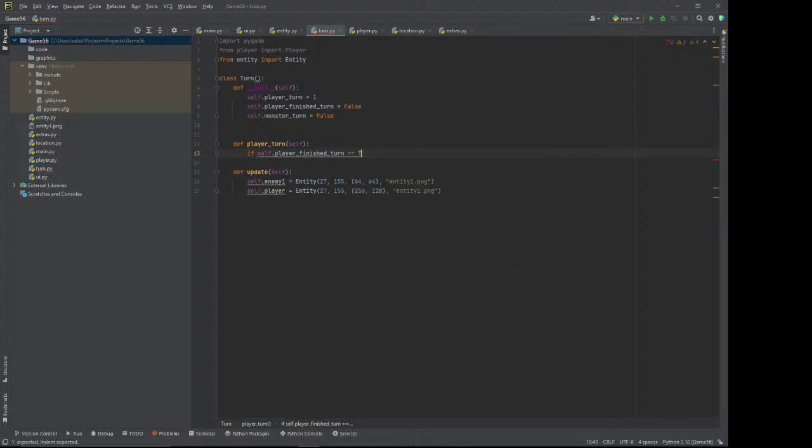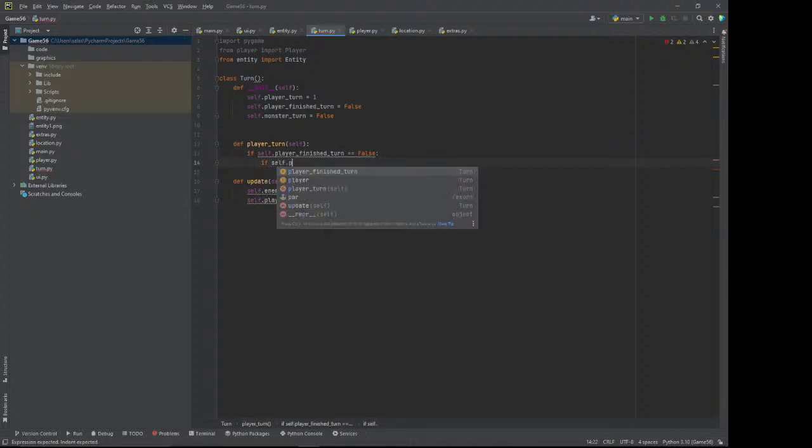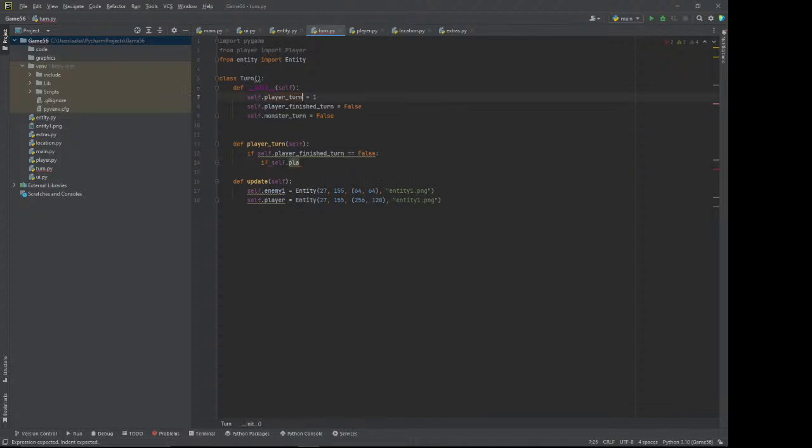Wait, no. False. I know I can do 'and', but I don't like doing it. If self.player... wait, did I not add the turn count? Player turn count is equal to or bigger than 1. Then we want... what do we want? The player should be able to attack, so we should say if